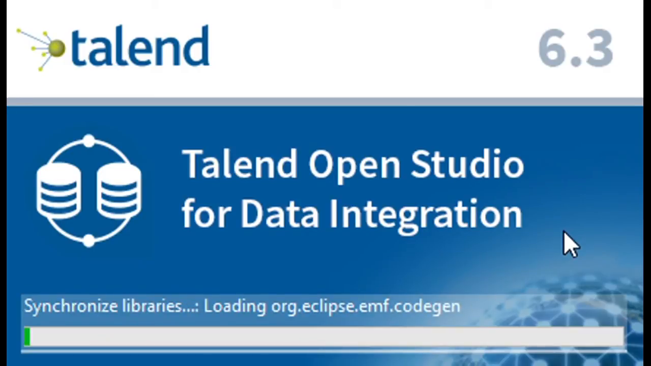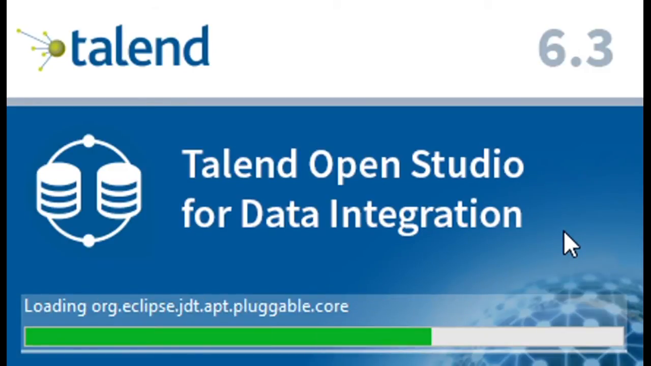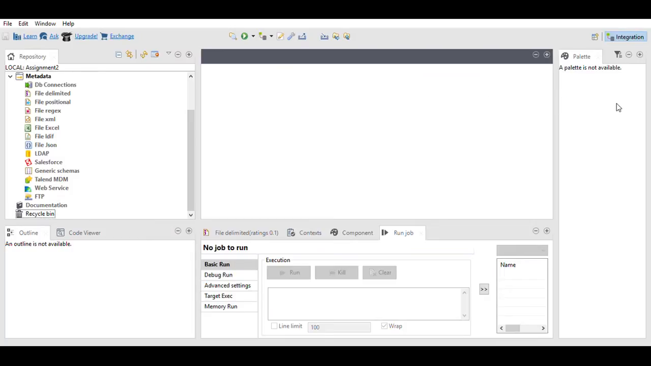It takes a while to open the main page of the Talend Open Studio. My first step is adding these two CSV files to metadata. Okay, in the first step, I import those two CSV files here. So in the metadata section, I right click on file delimited and choose create file delimited,